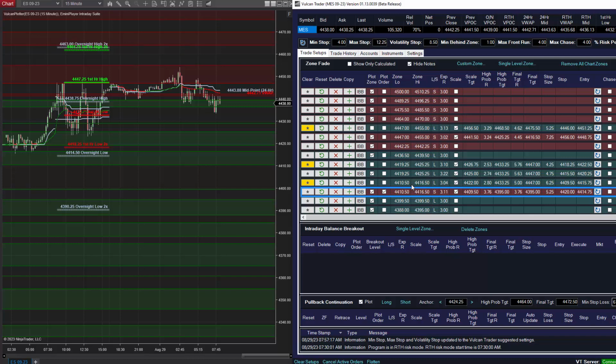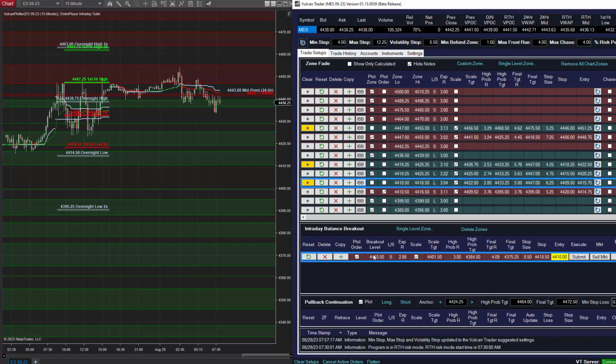So if that were to shape up, then I would execute it as an intraday balance breakdown setup. And in that situation, you can see that I would need a much bigger move to really get any decent risk reward out of it. So you can see if we enter at 10 using the volatility stop, we only get 1.5R into 43.95. So that would be a riskier way to trade the idea because I simply don't have the upside potential on